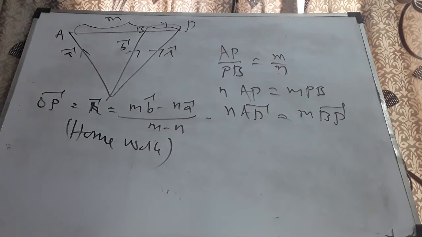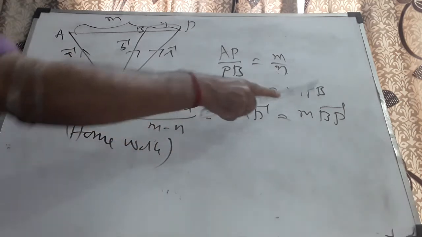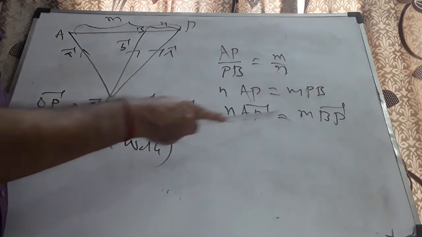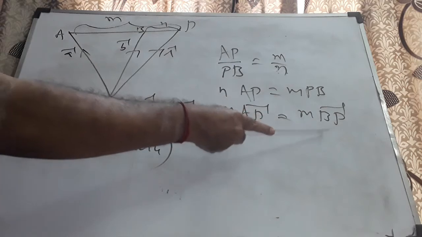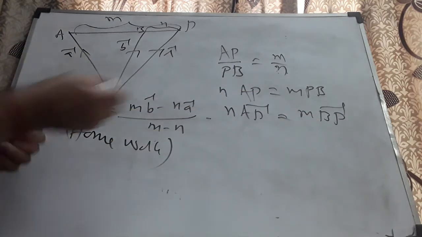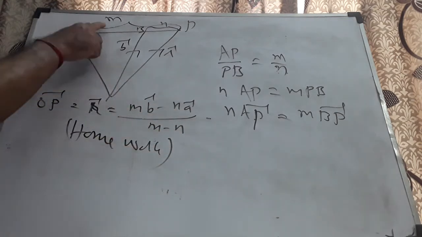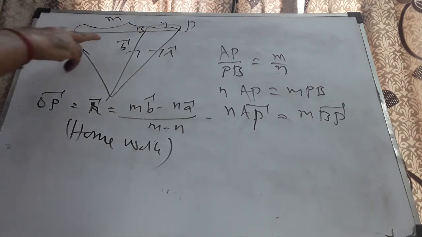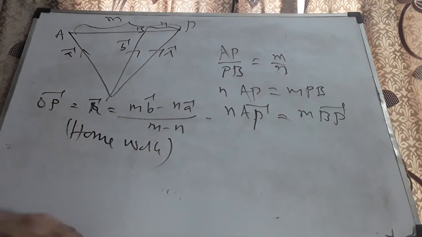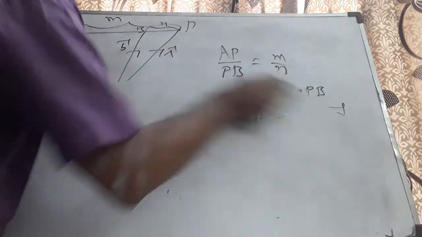That is also logical. In this case, AP by PB is m by n, so n AP is equal to m PB. Earlier, I might have done n AP vector equal to m PB vector because AP and PB are in the same direction. Here, AP and BP are in the same direction. Simplify this further as in the previous case. I'll get the formula as (m B vector minus n A vector) by (m minus n). Don't confuse yourself: just in the previous formula, write a minus sign in between the two terms for both numerator and denominator. Therefore, further simplification will give you the coordinates as follows.